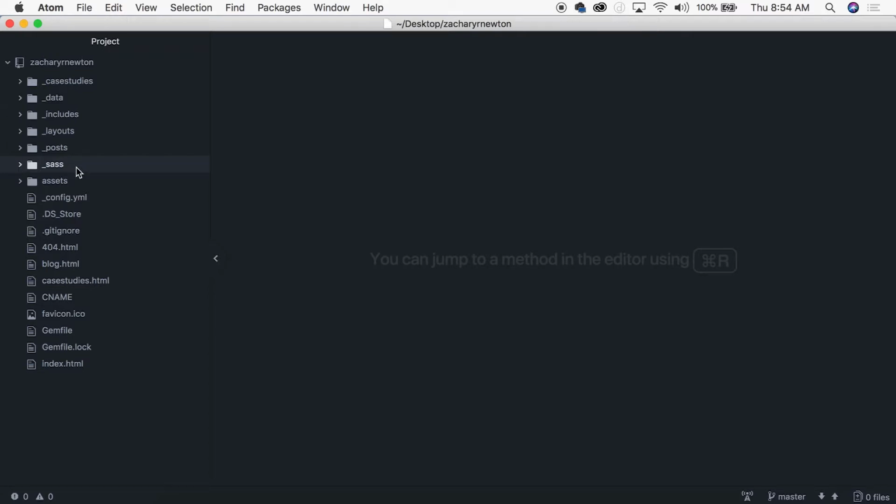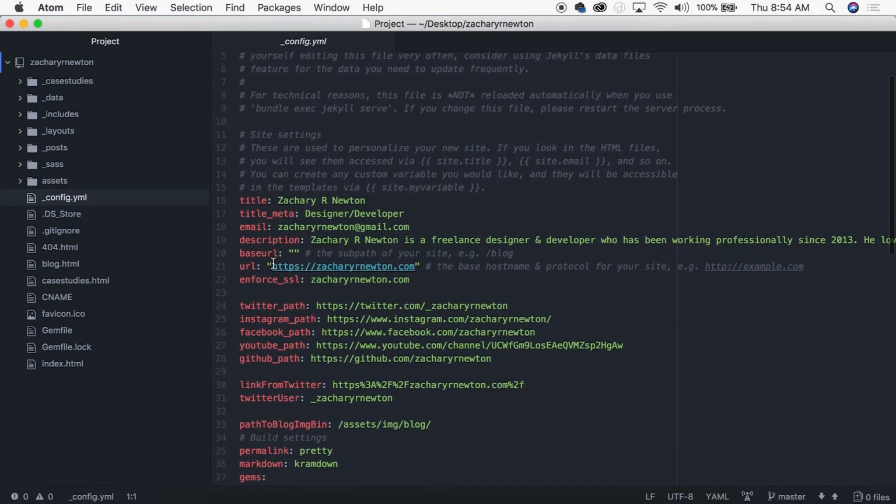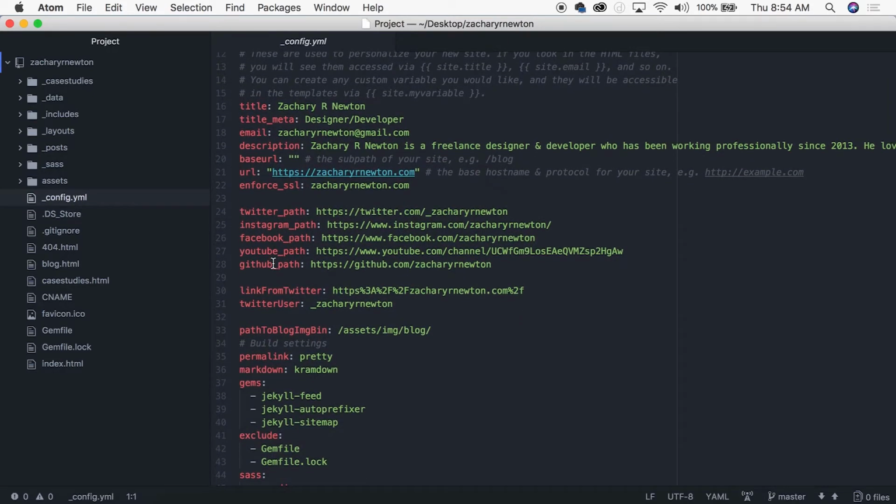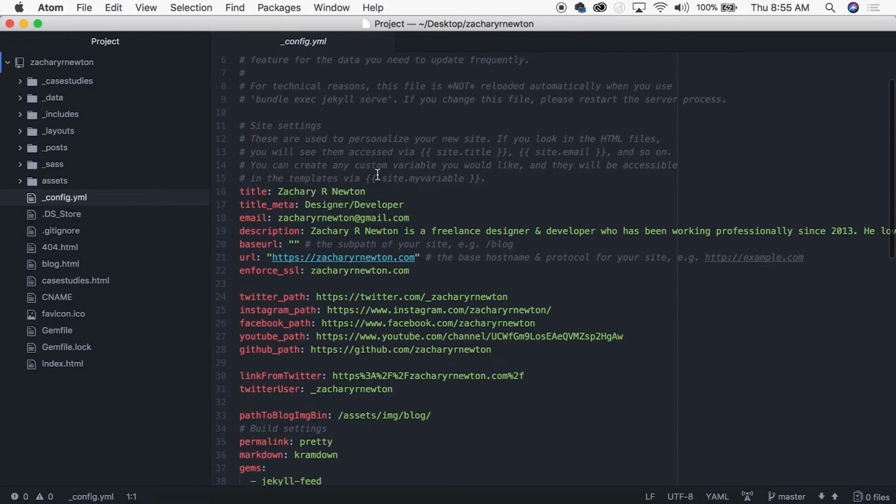So to start, in our site variables, how do you add site variables? Well, all of your site variables are in your config.yaml file. So this is how we add our site variables, and it's all written in YAML. You can access these anywhere you want on your website in Jekyll, and it shows you how to do it right above here. All you have to do is type curly brace, site dot, and then whatever you